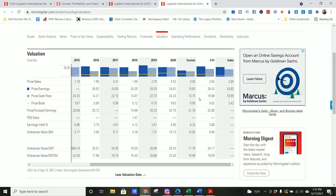I'll get to that in a second. I don't care for PE, price to cash flow, or forward PE at all. But again, when I do, I want them to be under 20. PE is at 15.8. Price to cash flow is at 13.8. Forward PE is at 21.8. So on average, these are under 20. However,